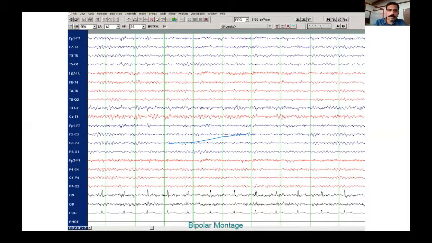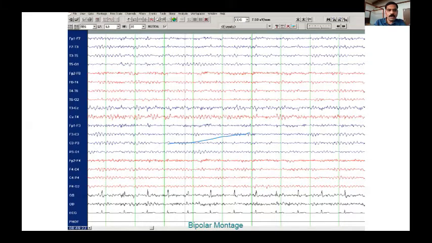Sometimes, just to make the waveforms clean and neat, the technician may set a filter at 5 Hertz. If you set the filter at 5 Hertz, the waveforms will look very clean, but all the activities less than 5 Hertz will be filtered out. So you may miss important findings like focal slowing. And most of the EEG in children consists of slow frequency activity. So always the low frequency filter should be 1 Hertz, not more than 1 Hertz.